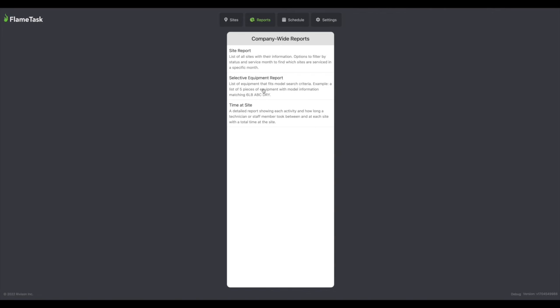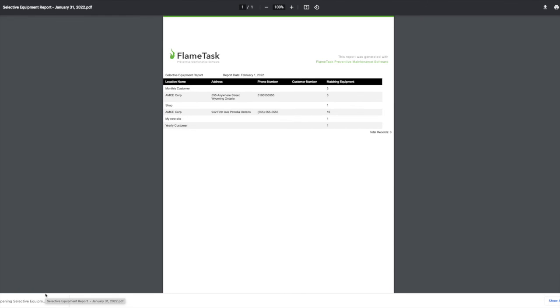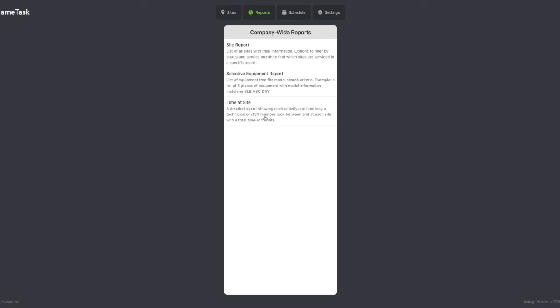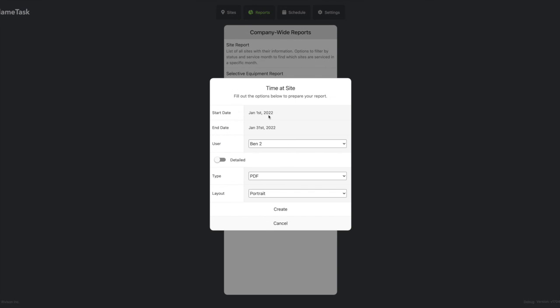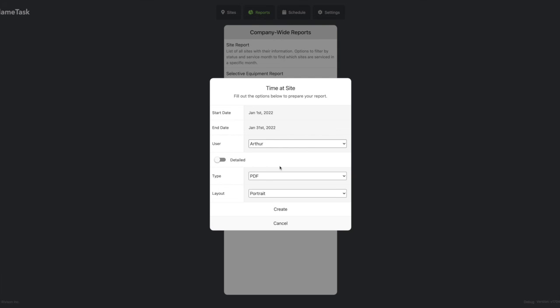The Selective Equipment Report will list all equipment summarized by site that match any specified criteria. Leaving it blank means you don't want to be restrictive, such as size and type. The time at site report is generated for a specific technician. It will show how long the technician was at the site and the number of pieces of equipment inspected at each site between the